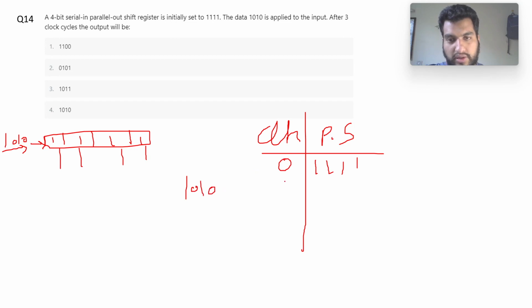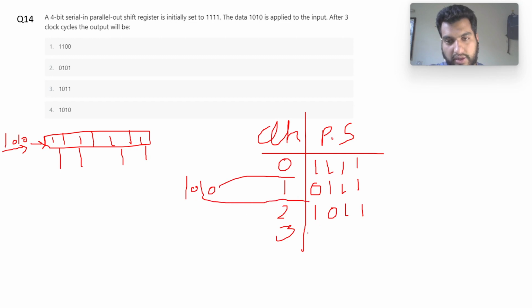Here the 0 will come first, so it will be 0111. Then in the second clock pulse right shifting will occur, and this 1 will come here, so it will be 1011. So this 0 comes here and this 1 came here. Now another 0 will come here, so it will be 0 and right shifting will happen, 101. After 4 clock cycles this 1 will come here, so it will be 1 and the right shifting will occur, so it will be 1